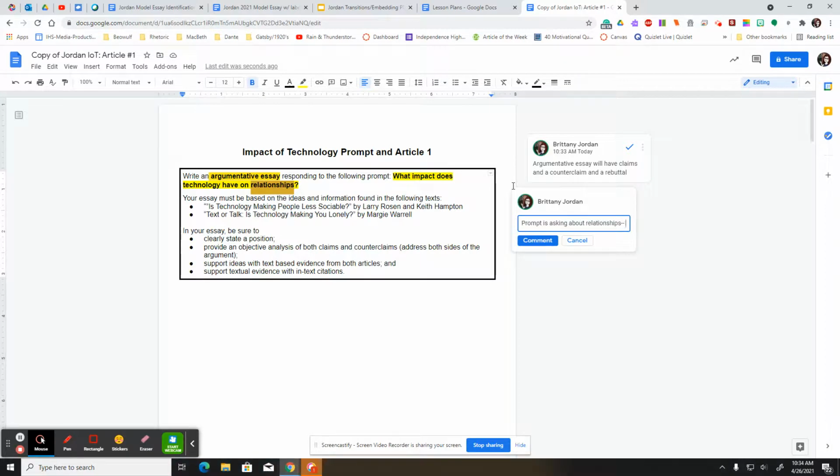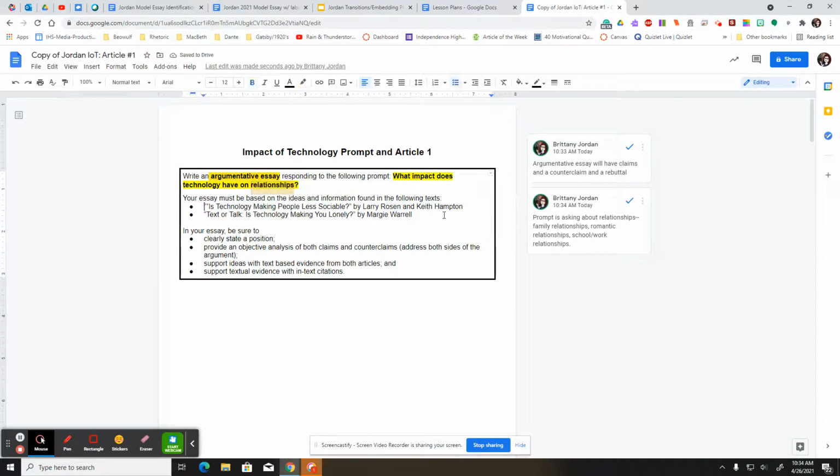So I want to think about like family relationships, or maybe romantic relationships, or even school or work relationships. Okay, so we're not just saying what impact does technology have on our life, but what does it have specifically on our relationship? Is it good or is it bad?